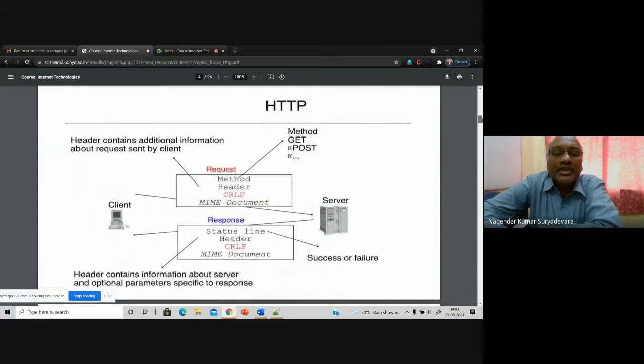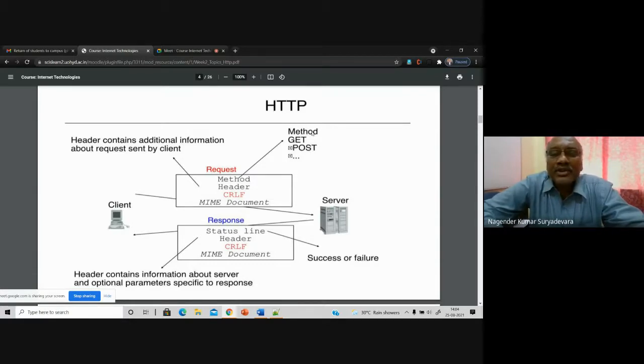Here you can see a client request which contains one of those methods. Get is a request made by the client to get some information. Post is also a request made by the client to post data, or in other terms to put the data.